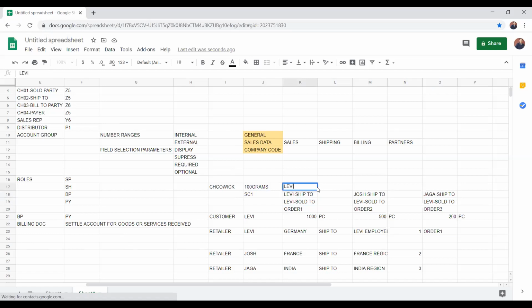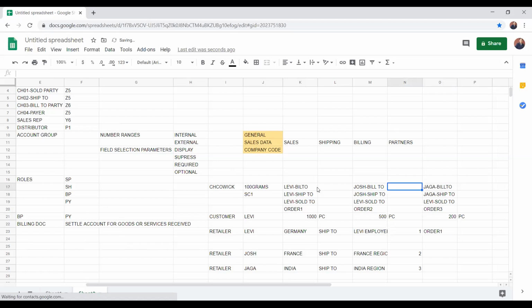Like that, if you see all cases, individual bill tos are there. Levi bill to, here Josh himself bill to, here Jaga himself bill to.